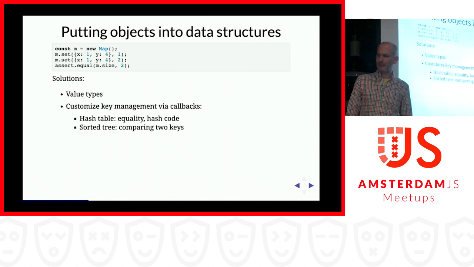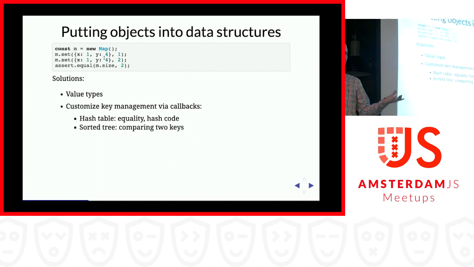Another important issue is that if you work with data structures at the moment, for example, if you use the new Map, you have the advantage that you can use objects as keys, but that isn't really useful, as we see in this example here, because I'm trying to use the same key twice, but I'm actually adding two entries because,